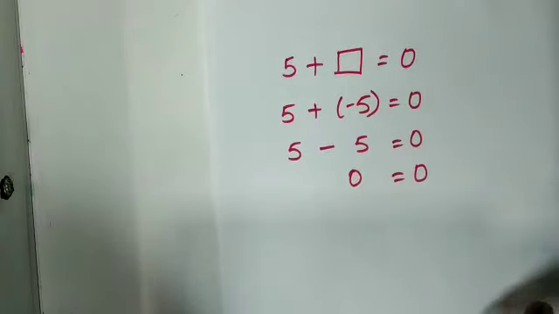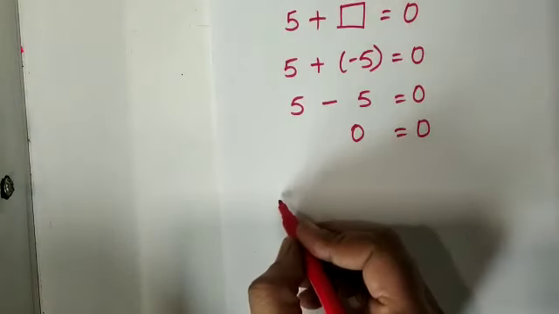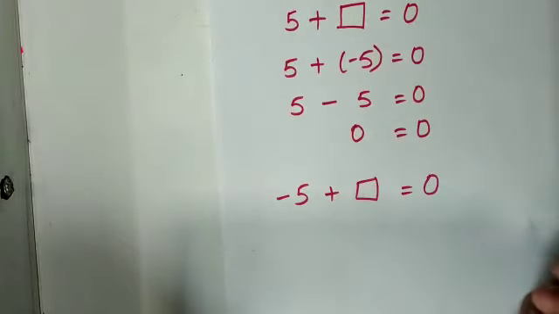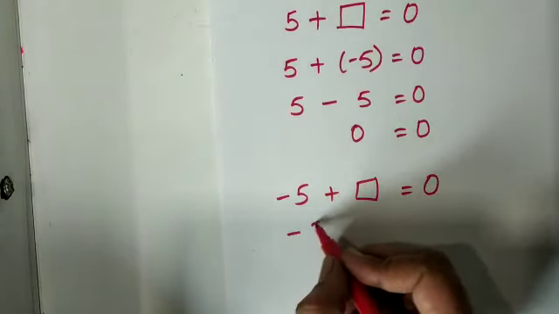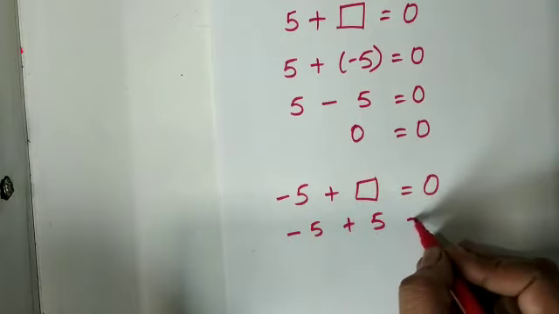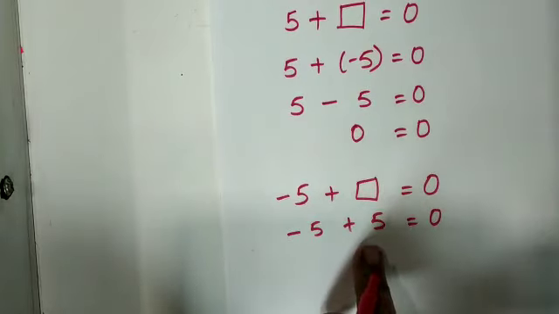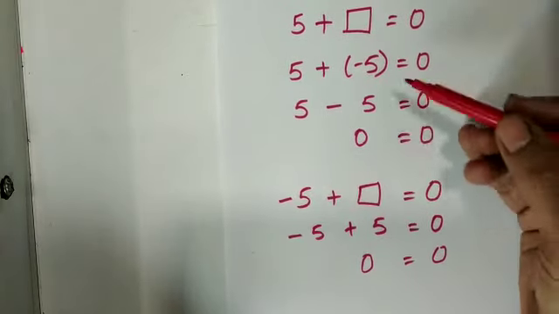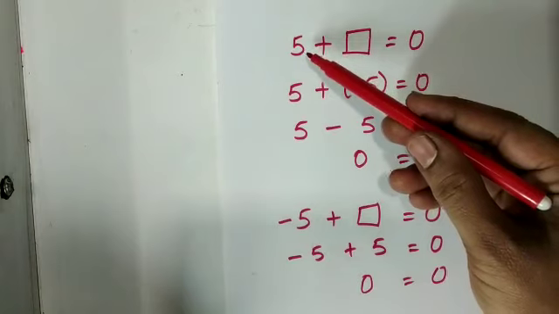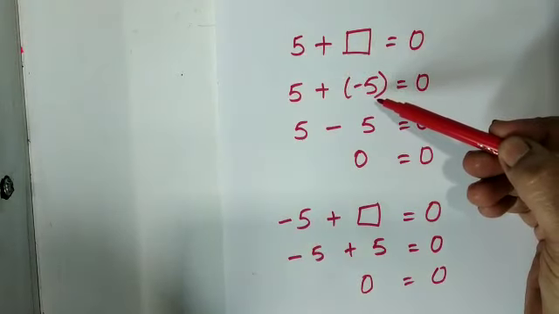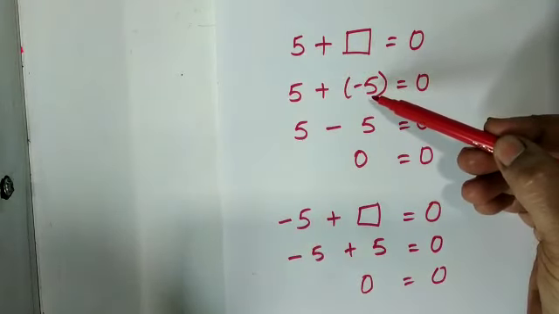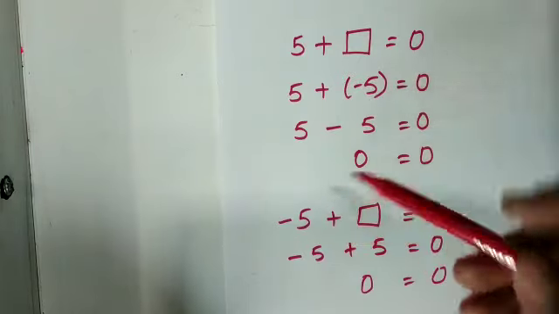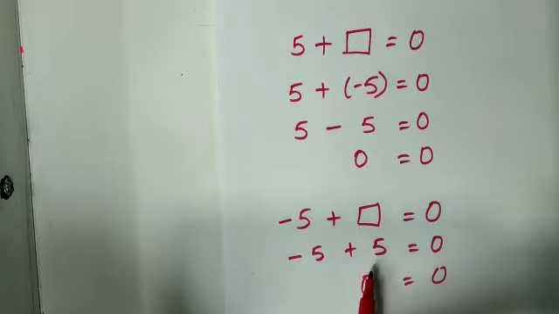Okay. Now I'll just swap the number and ask you, minus 5 plus what is 0? So obviously it is minus 5 plus 5 equals 0. Minus plus minus. So you get LHS equal to RHS. So if you see the pattern over here, when I asked for a positive number, when it is added to the negative of itself, you get the result as 0. In the same way here, when the negative number was there, the result was positive.